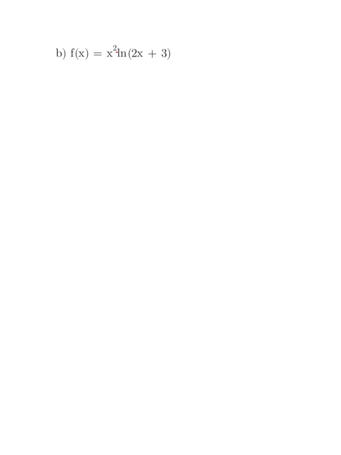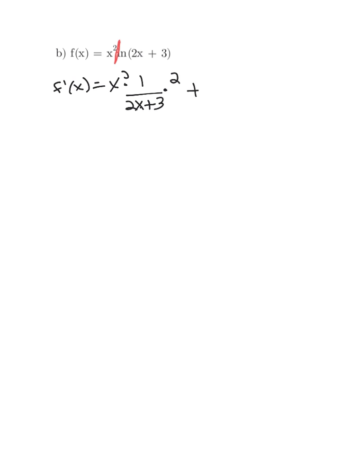So this is a product rule where x squared is the first and the natural log is the second. So to do this derivative, we're going to do the first as given times derivative of the second. Since it's a natural log, we have to do 1 over the argument of 2x plus 3 times the derivative of the argument, which is 2,